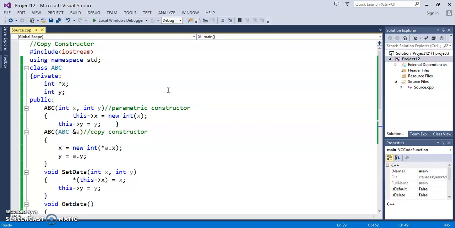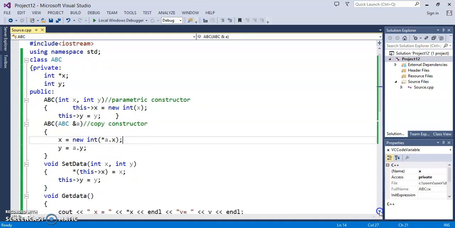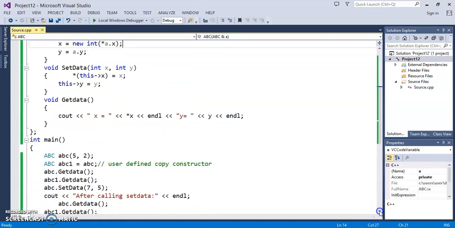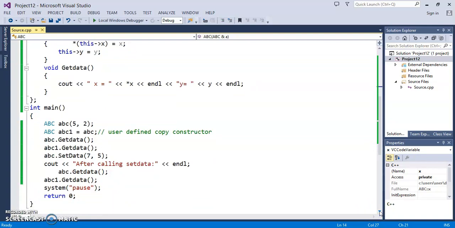The compiler will itself call the inbuilt copy constructor. But if you are allocating class members dynamically, like here we did for X, then you should write your own copy constructor to avoid reflecting the change in all the objects you declared through the copy constructor if you change one object. If you write your own copy constructor, it will not be so. So this is the main use of writing your own copy constructor.